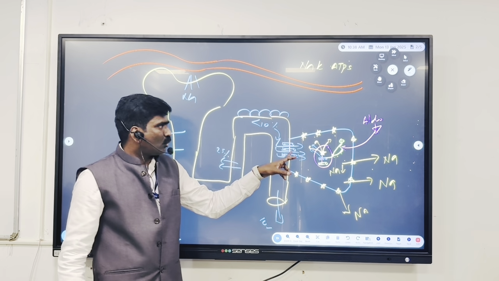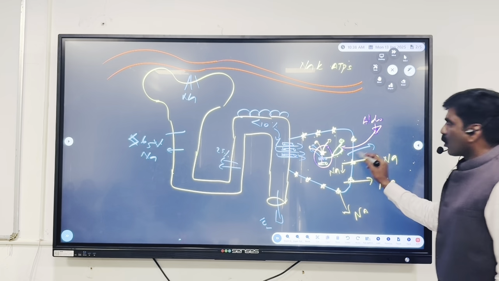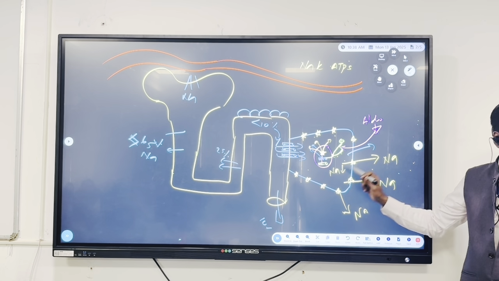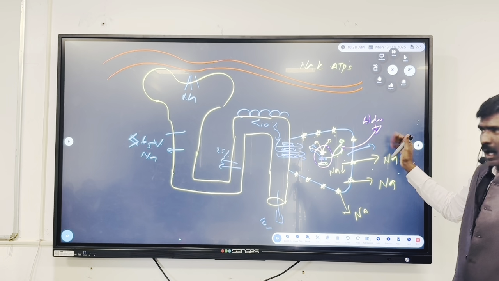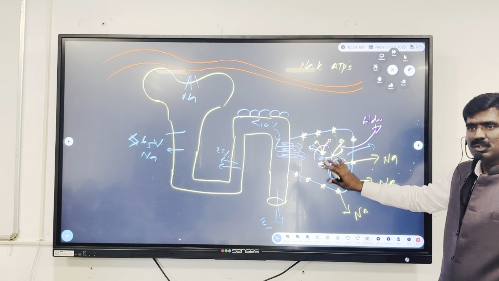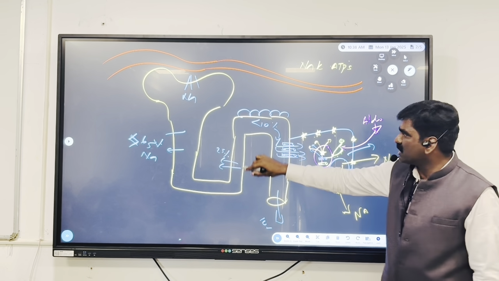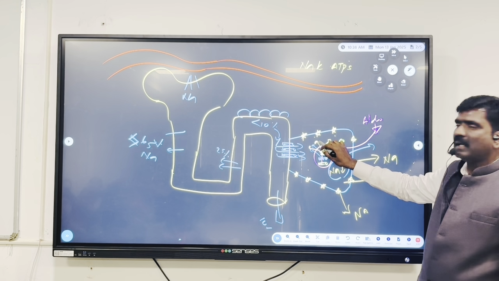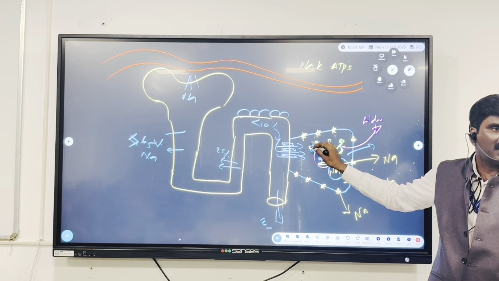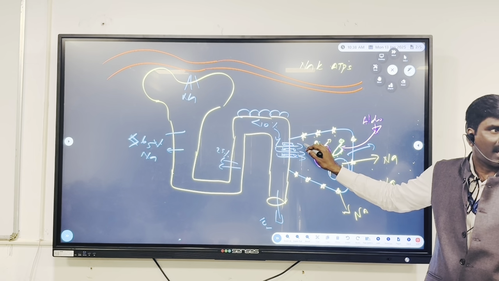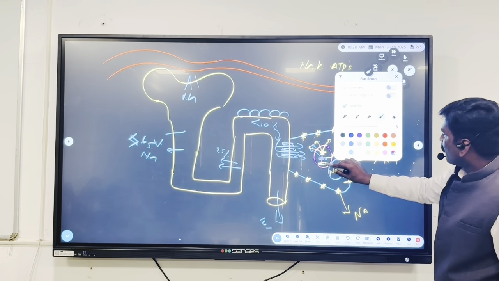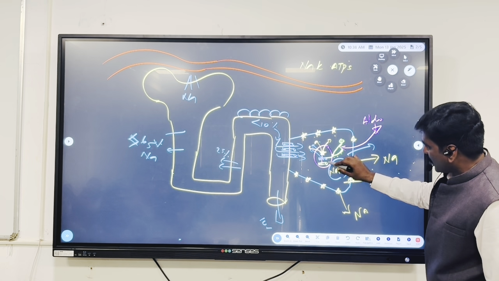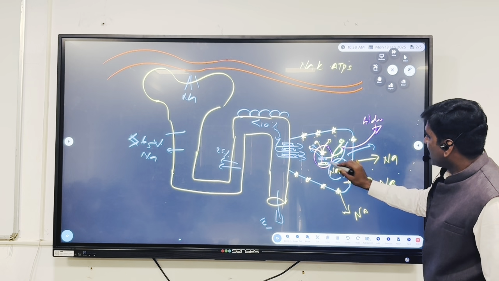Already sodium has gone out because of sodium potassium ATPases, and the cell is low in sodium. So the sodium which is coming here will try to enter the primary cells. Are you clear? And third, one more gene, one more protein is synthesized, and that is